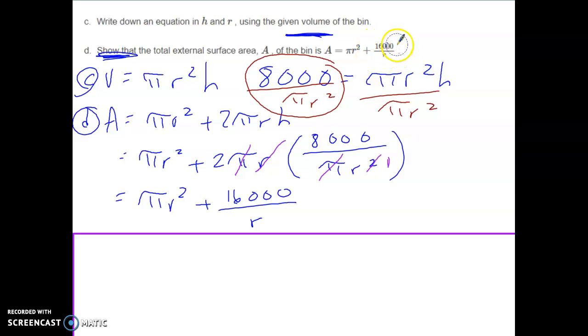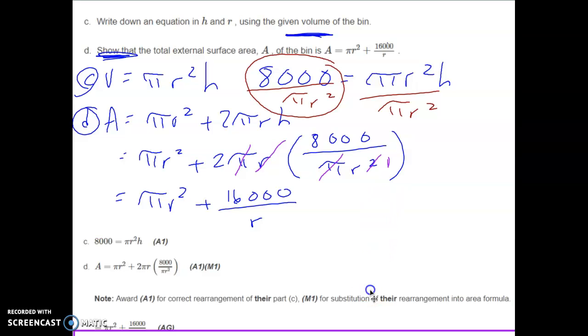All right, well, that's what I wanted. So now I have the formula that I wanted. Remember, for a show that question, you have to end up with what they have right here. So let's see how we did on the mark scheme. I'm going to get 1 point for this. It really wasn't very difficult to substitute 8,000 into the volume formula, so they're only going to give me 1